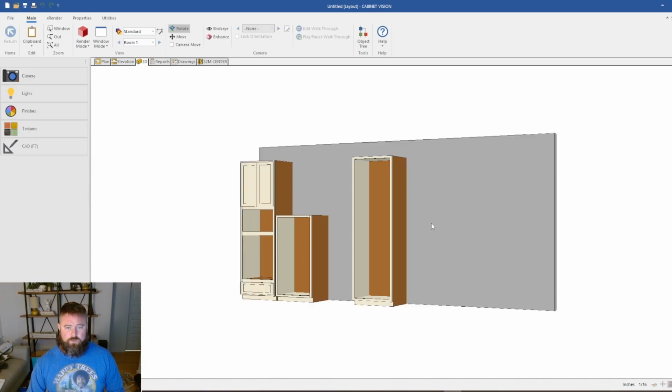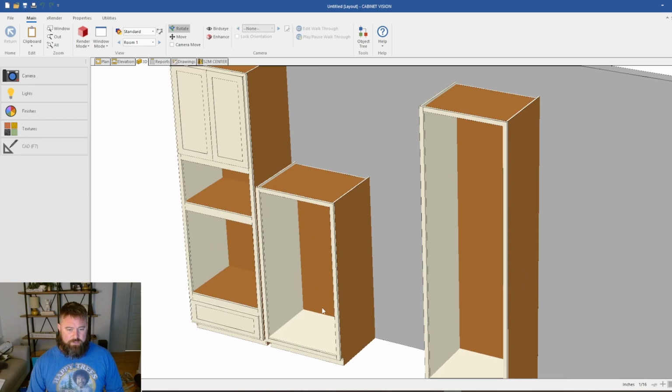If we go to 3D real quick, we can look and see, okay, we've got a top here, which we don't want, because this is the top, so we want the top up here, but we don't want a top on this one because it's going to be in the middle. So we need to get rid of that. We need to add a drawer down here, and then these two